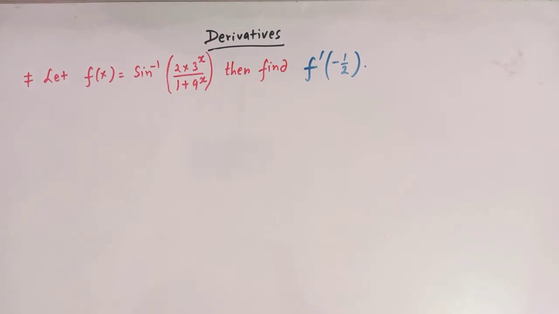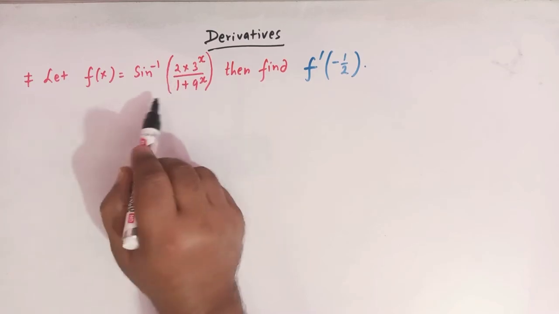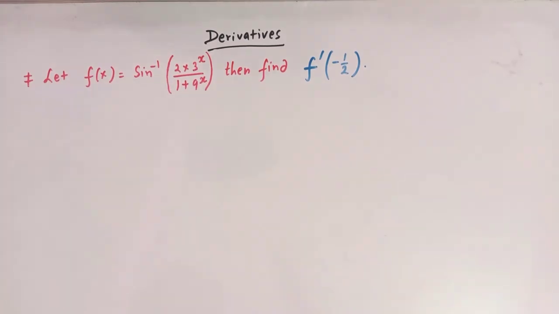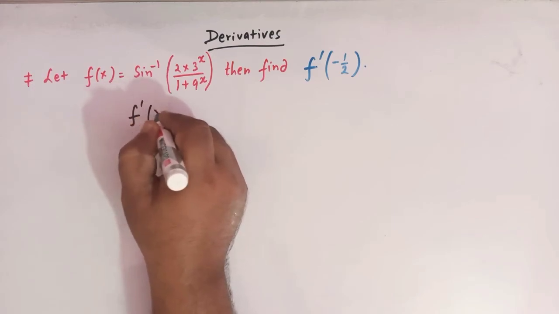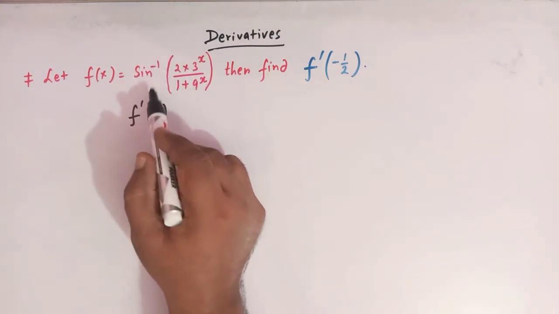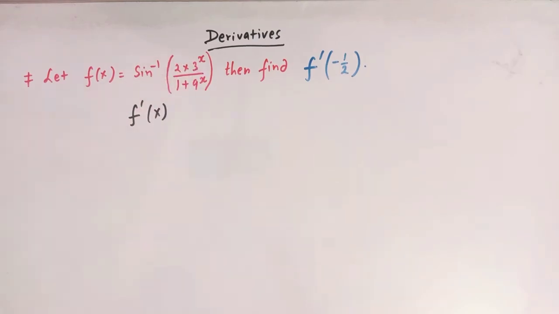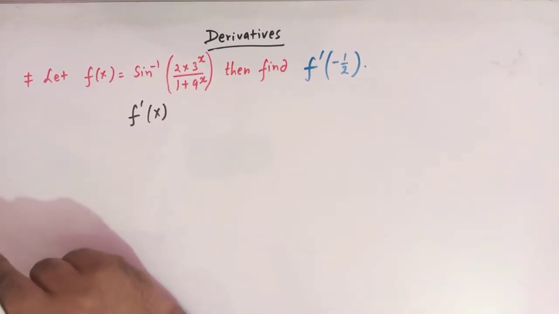If we closely observe this function, we arrive at the result that we have to make a proper substitution in order to find the derivative, that is f prime of x. We'll try to make an important substitution here, and if we remember an important result from